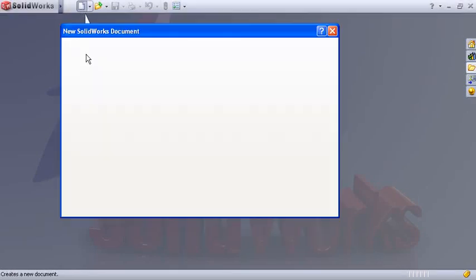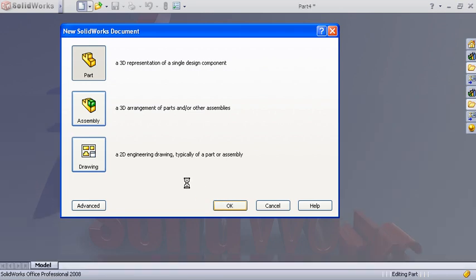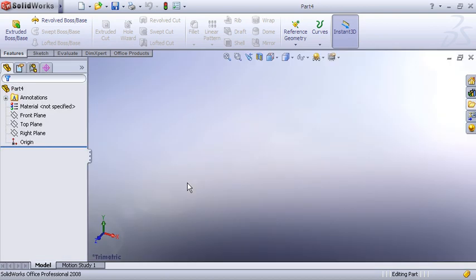Now I'll explain the loft feature. So again take a new file, select part, okay. So using the loft feature you can create an object having different cross section areas. To do this, what I'll do is